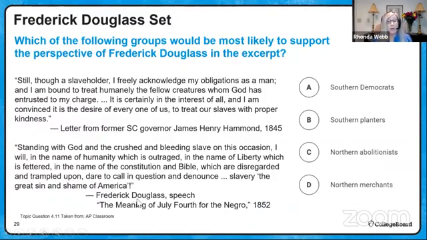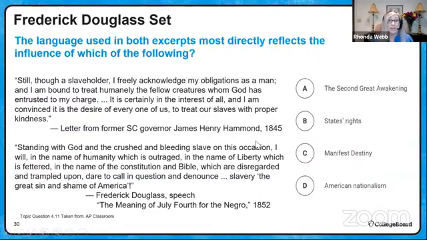So who would support Frederick Douglass's point of view, that of abolition? So I would definitely say the Northern abolitionist. It wouldn't be the Southern Democrats. They would be wanting to hold on to their slaves. Wouldn't be the Southern planters, which were the large-scale plantation owners. And it probably wouldn't be the merchants for the very reason that we just talked about, that in some cases, they're going to be the ones that are financially benefiting in some ways.